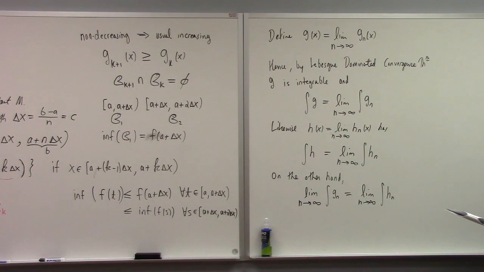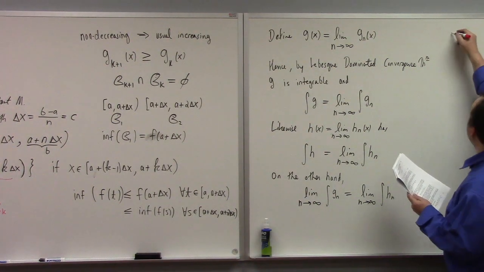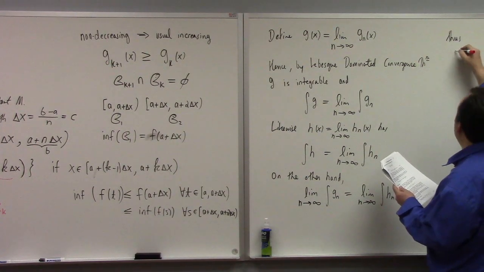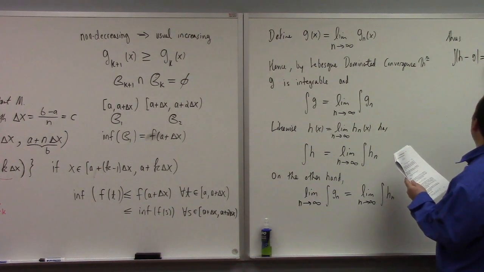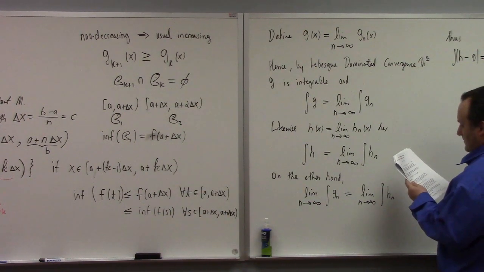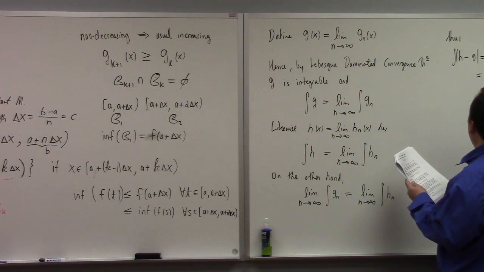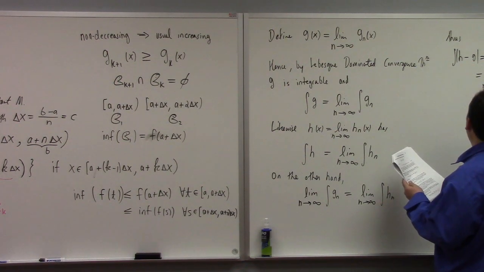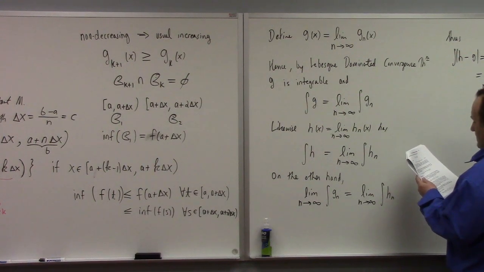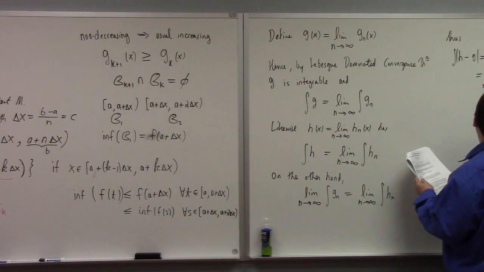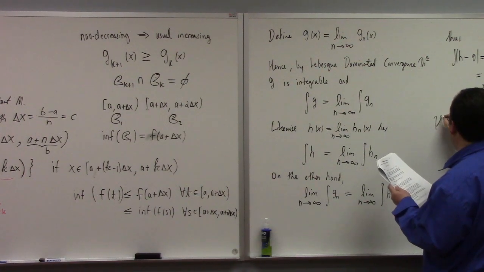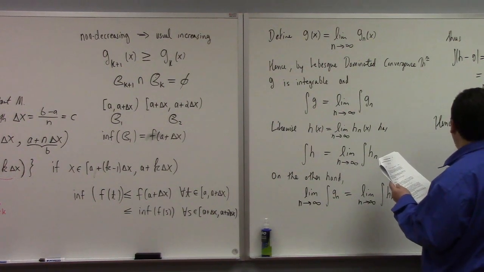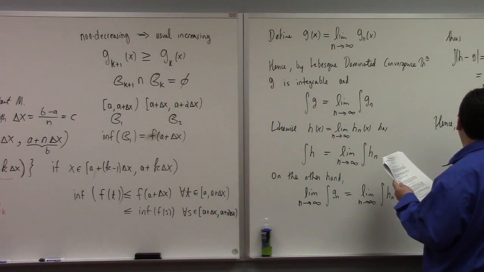All right, so then what? Thus, the integral of the absolute value of h minus g is equal to the integral of h minus g, which is equal to the limit as n goes to infinity of the integral of hn minus gn, which is equal to 0. He says, hence, g equals h almost everywhere,